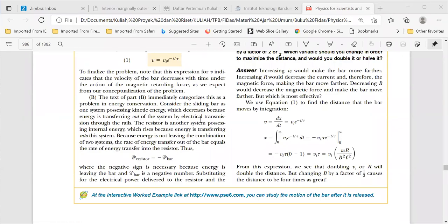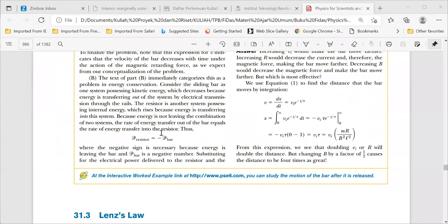Okay, so the rate of the energy transfer into the resistor is equal to the bar. This is minus, and this minus here is important because the energy is leaving the bar, and the bar has a negative number. Okay, this power in the resistor means that we have this